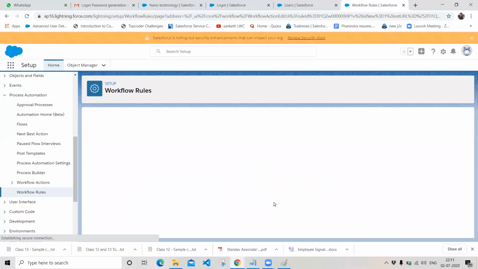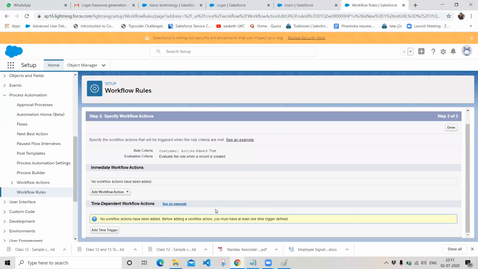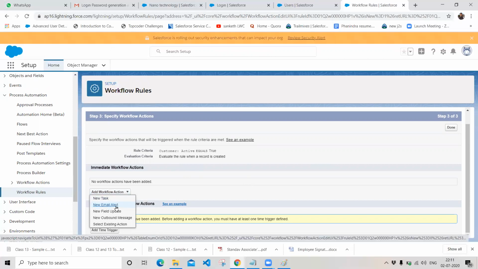And this is the action page, and here you have to define your action. So I want to define an action of sending an email. Whenever a record is created, I want to send a message to the customer saying that your record has been created in our organization with the specific details. Similarly, we have created an email template in our classic email templates. And if you want to send an email to a customer, the action should be email alert.